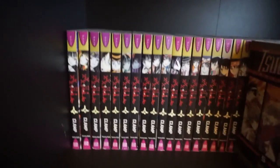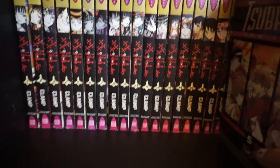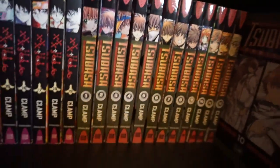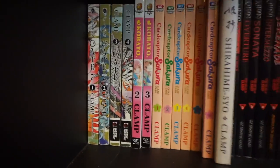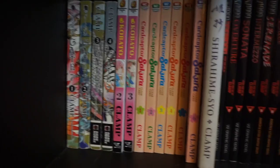Here, my pride and glory, we have xxxHolic 1 through 19. Then behind that, we have Tsubasa Reservoir Chronicle 1 through 12. And then the rest I have as omnibuses, which I guess starts from volume 13 through to the end. Okay. And then the final shelf, we have Gate 7, 1 through 4, Kobato 2 and 3,